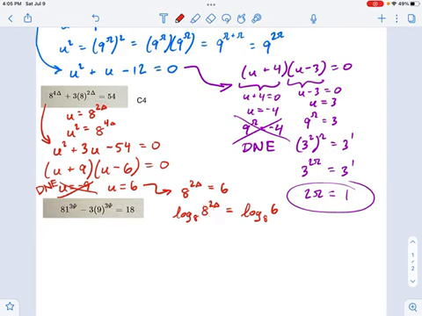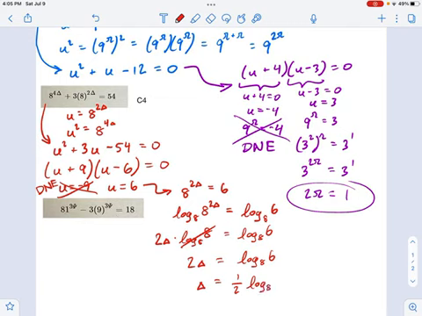Or another way of saying it is the power rule of logarithms takes this 2 delta and moves it in front. Okay, watch what happens if I do that. 2 delta times logarithm base 8 of 8 equals logarithm base 8 of 6. Now, log base 8 of 8 is just 1. That crosses out, and see, here we are. 2 delta equals this thing, log base 8 of 6, which means delta equals 1/2 log base 8 of 6. Okay, and that would be our solution. That's as far as we can take it.